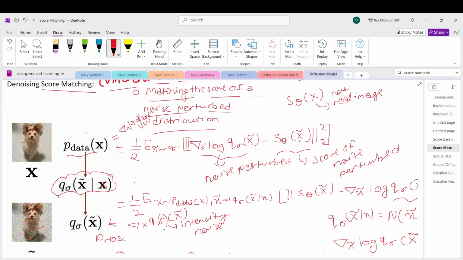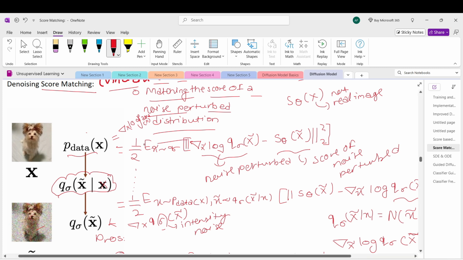This is the original, and this is what our model will predict. If you optimize this, we are going to approximate this, s_theta of x tilde, as nearly equal to this. And if I open this expectation in terms of an integral and do some integration,